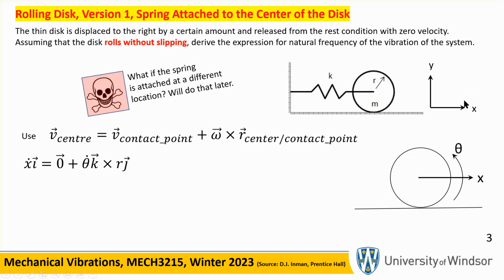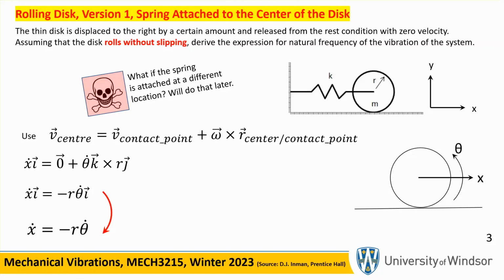Now, if you write this thing in detail and clean it up, you're going to get x dot equal to minus r theta dot i. If you write this thing, x dot dot i is repeated, 0, we don't worry about it, and k crossed with j is minus i, and therefore we get this. If we drop the i, we look at only the scalar values, we get x dot equal to minus r